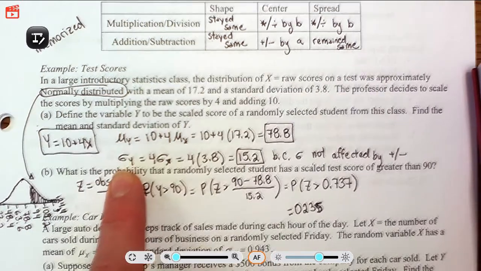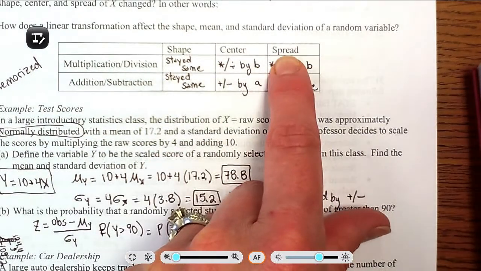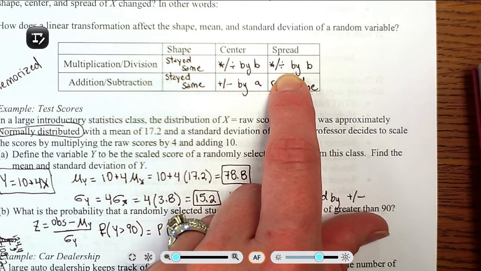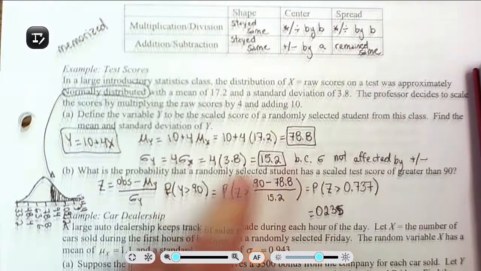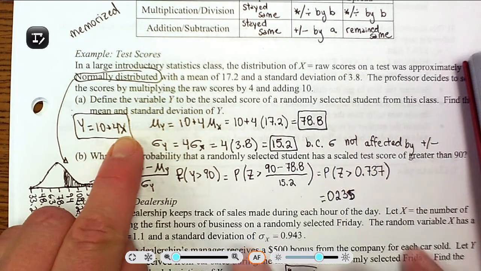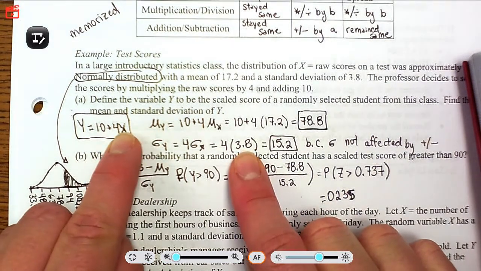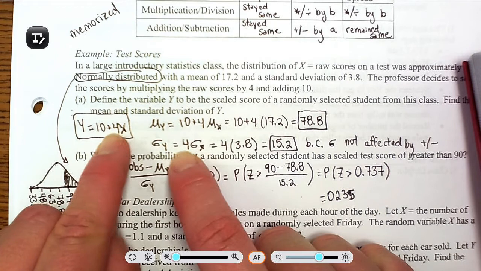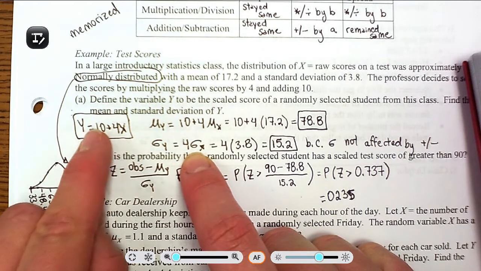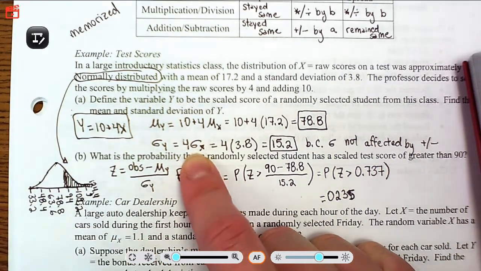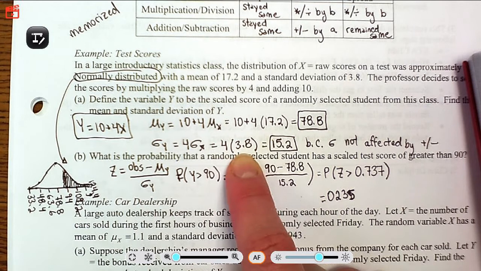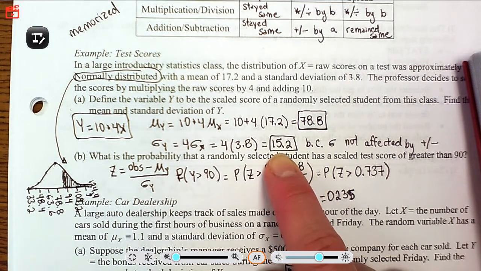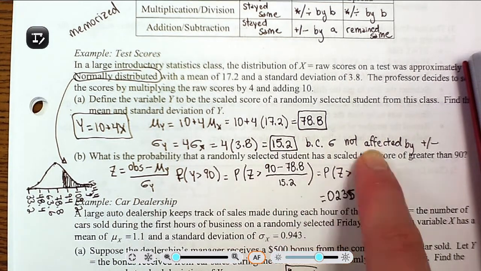The standard deviation, though, is a measure of spread. It only gets multiplied or divided. It does not get affected by addition or subtraction. So I need to make sure that when I put spread in the input spot, in the x, that I only do the multiplication, that I skip the addition step. So 4 times Sx, or sigma x, is 4 times 3.8, which is 15.2, because sigma is not affected by